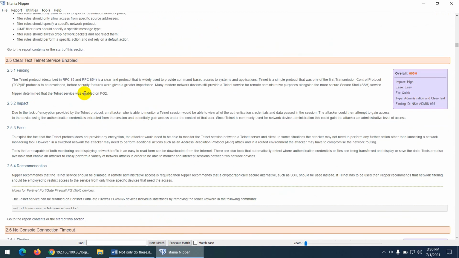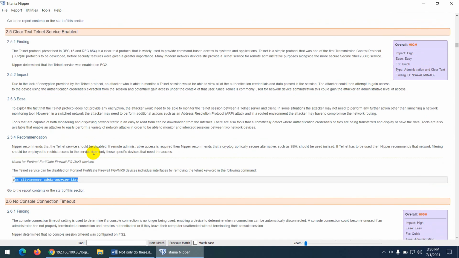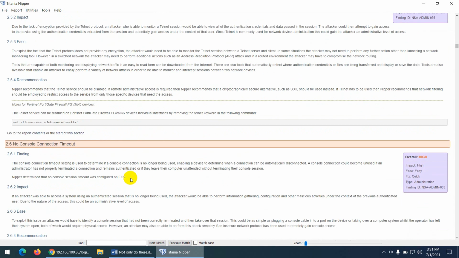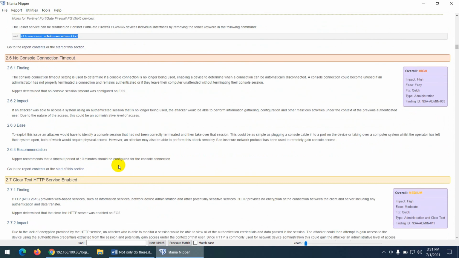Then they say that telnet is enabled, and to set allowed access only to those services which you want to use and secure ones, like SSH, HTTPS. So telnet is allowed, and it's true, telnet is allowed. I will show you. And then they recommend how to remove the telnet services.